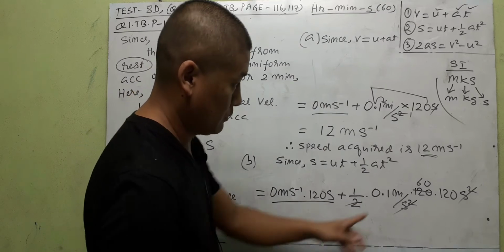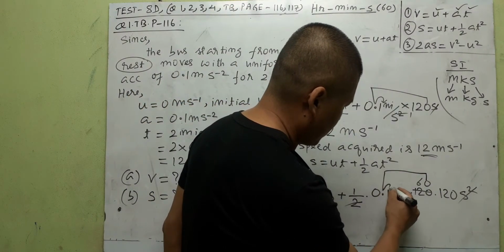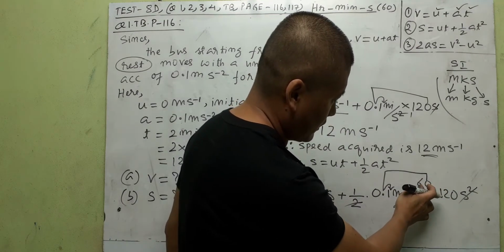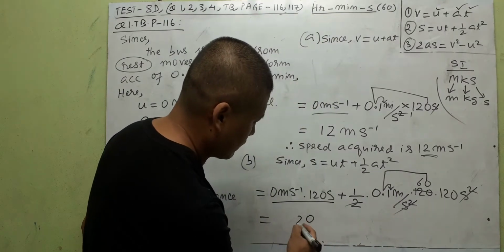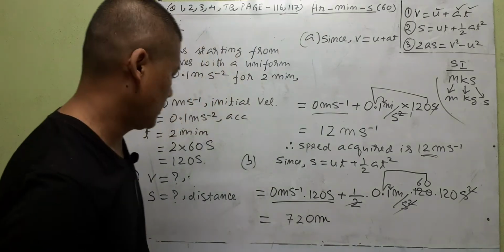So our answer will be here. This single 0 we can use again to move the decimal to the right side, so it becomes 1. So no more 0 here. This 6 into 120, therefore, 6 zeros are 0, 6 twos are 12, 6 ones are 6 plus 1, 7. 720 meter. So that is the